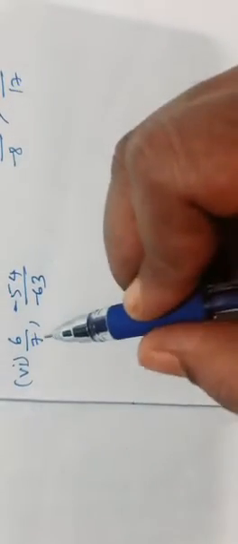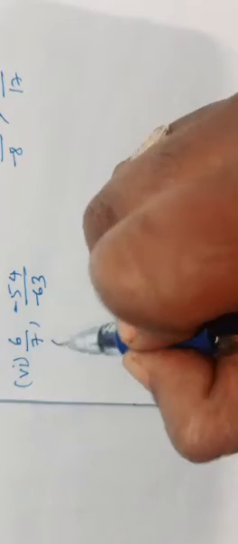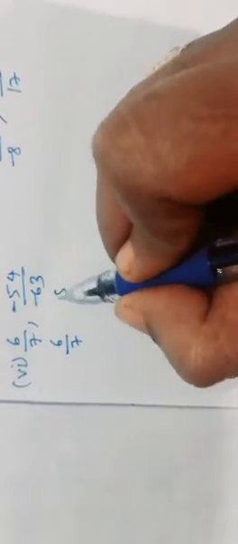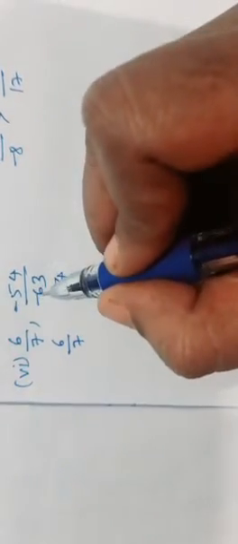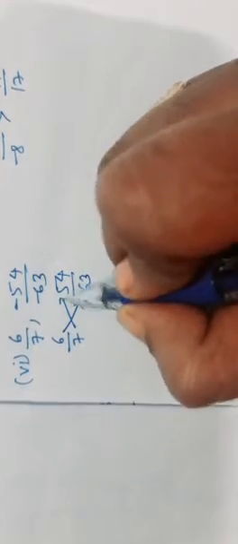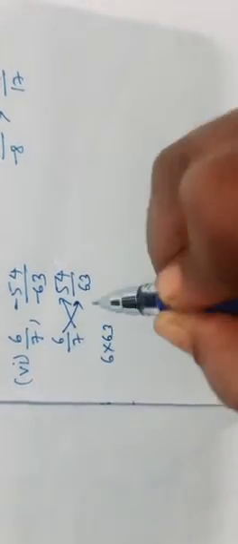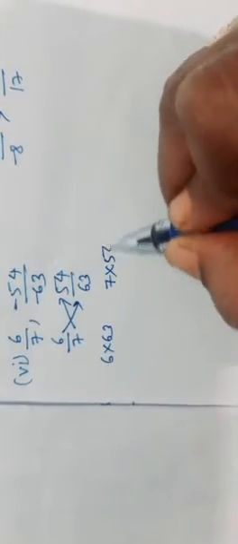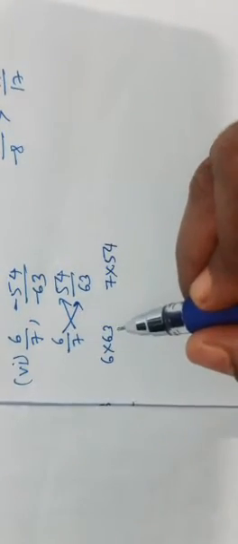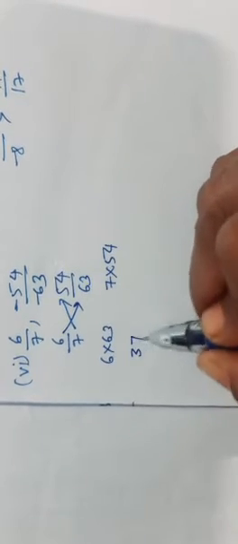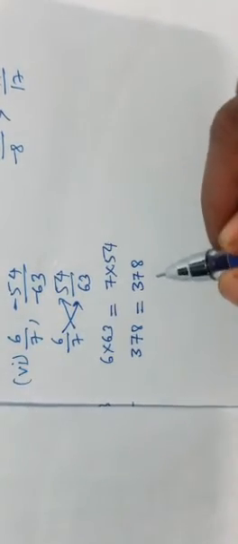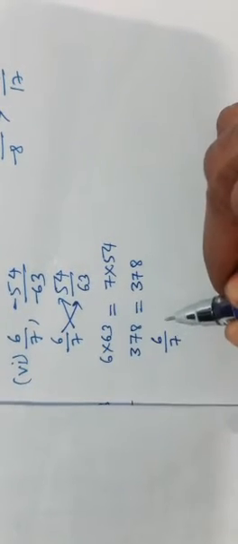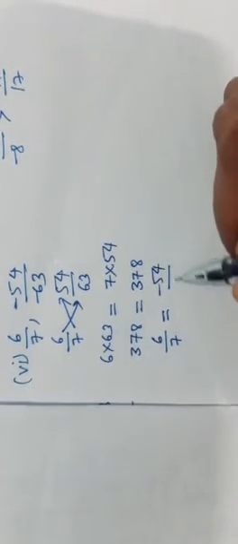Children, the next pair is 6 by 7 and minus 54 by minus 63. Let me write minus 54 by minus 63 in the standard form by only writing the positive sign. Minus divided by minus becomes plus. Now when you compare 6 into 63 and 7 into 54. Children, 6 into 63 we have to multiply. We get 378. 7 into 54 we get again 378. Both the values are equal. Therefore, we can write 6 by 7 is equal to minus 54 by minus 63.